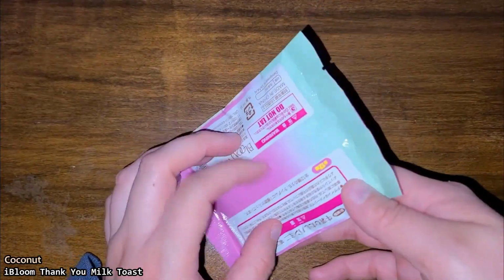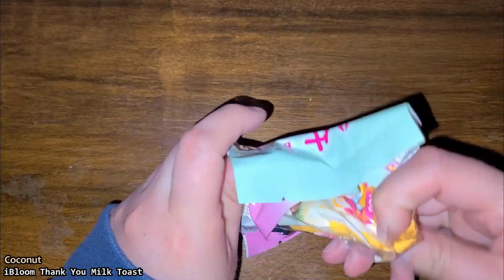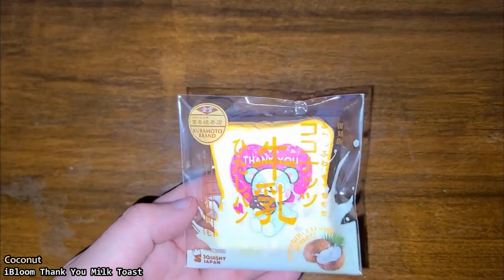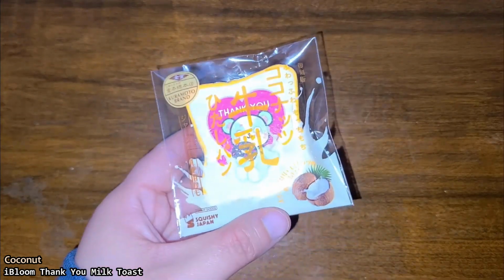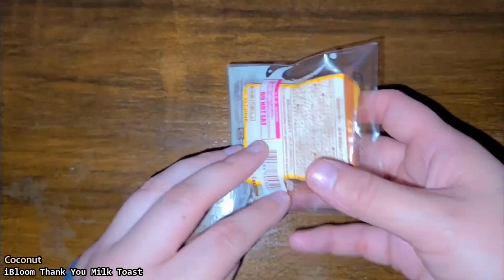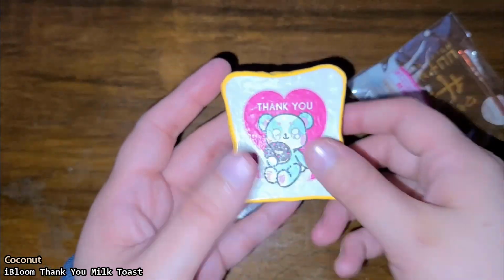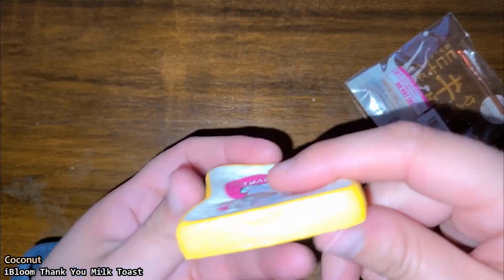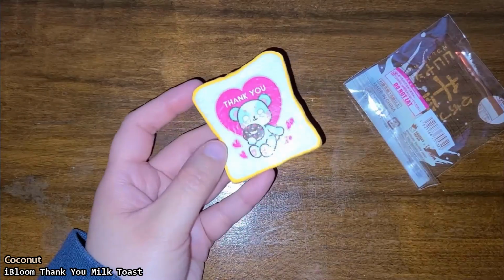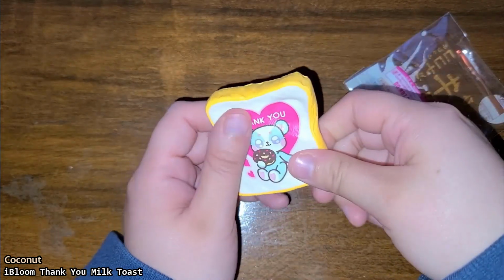Now, here is the one I got as a free gift. Let me see what's inside. Alright. So this is the iBloom mini milk toast, the coconut one, which I don't have, so that's pretty awesome. Let me take it out of this thing. Oh my gosh, that's so cute. It says thank you on it. So tiny and so cute, and the little iBloom licensing is right there. You can't see it, but as far as the scent goes, it is very, very lightly scented. I'm not really picking up much of a coconut hint, but